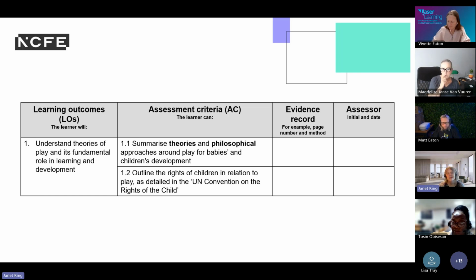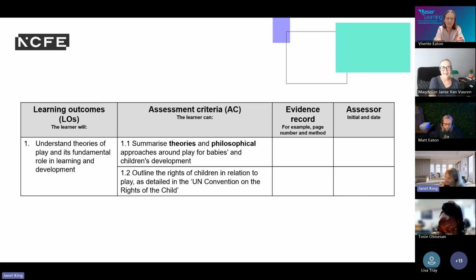We're expecting them to know those key points. What key points did those people bring? What are they advocating for? How have they changed the way that we view play with babies and children? So are there any key theories? And the links that I've popped on at the end of the presentation will give you sort of an overview of that.